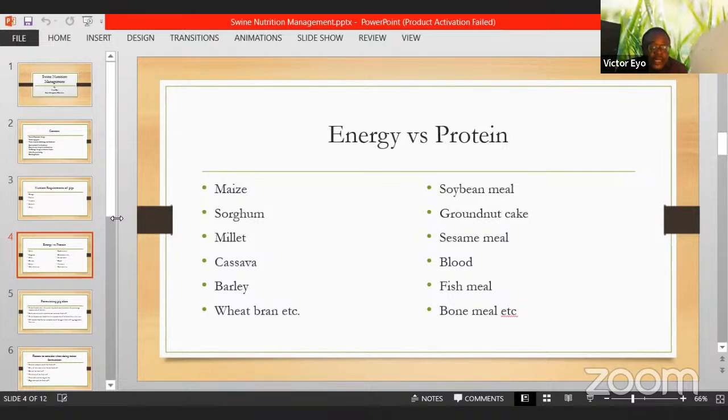Although I didn't include it, most of these energy sources I've listed here also have what we call byproducts. So for instance, maize has maize bran. Cassava can come in the form of tuber. It could be cassava peels, which is just a waste product of cassava. And cassava can be processed into different forms. You can decide to ferment your cassava tuber. You can decide to